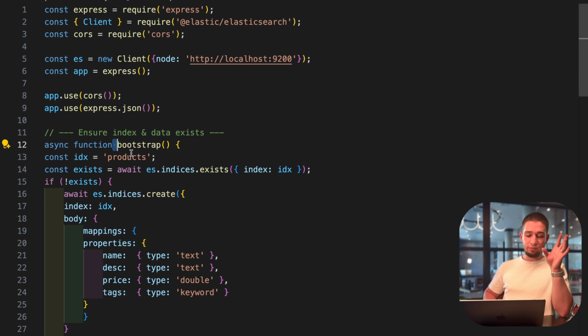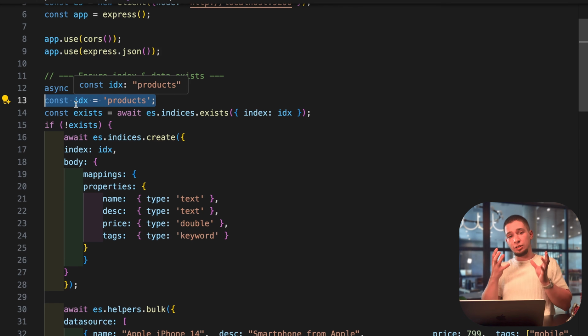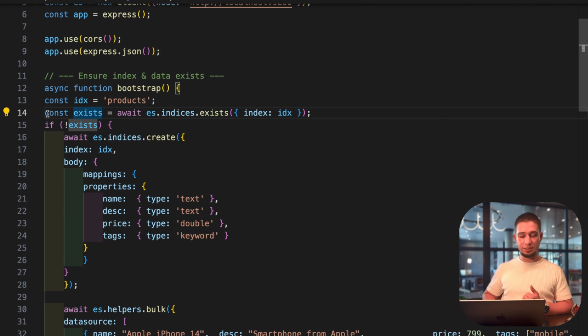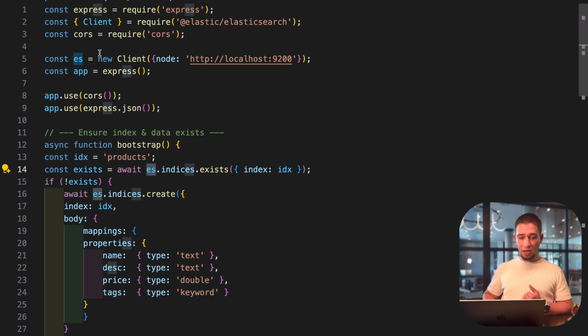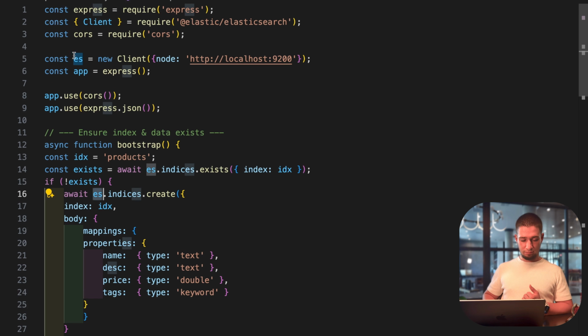And we have a function bootstrap. What will it help us with? So first, we're taking products. It will be our initial database that will check if it exists, we want anything. But if it doesn't, we'll add some things here. So for example, we see here, existing, we are waiting for our Elasticsearch to index if it has any products. So if it doesn't, we'll just write in that our